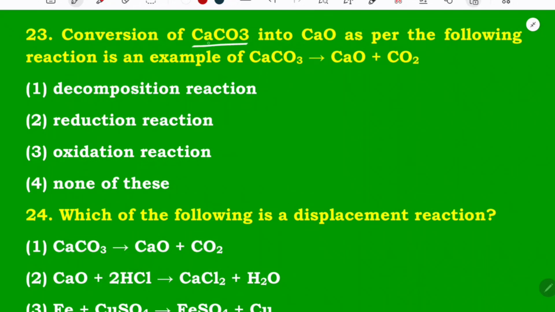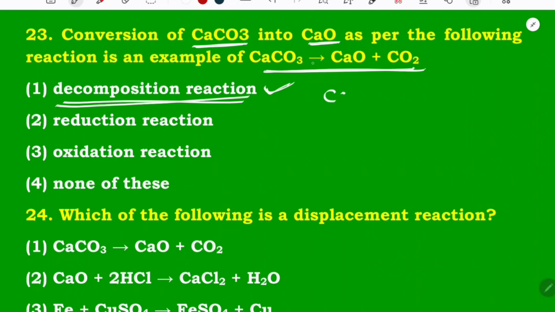Conversion of CaCO3, calcium carbonate, into calcium oxide as per the following reaction is an example of... Clearly we are saying this is a decomposition reaction only. So no doubt in that. Why? Calcium carbonate is one reactant splitting into two or more products. So automatically we can say this is a decomposition reaction. Then